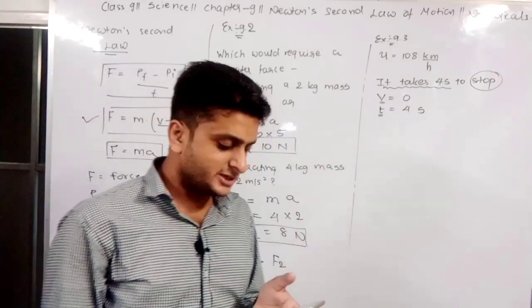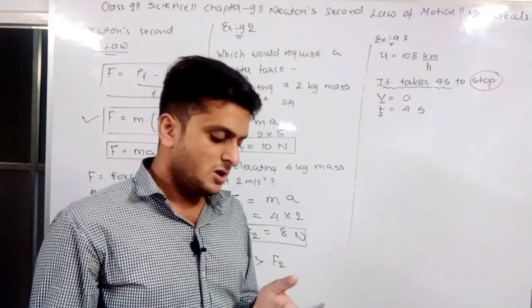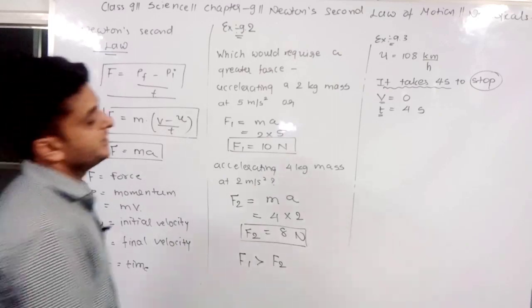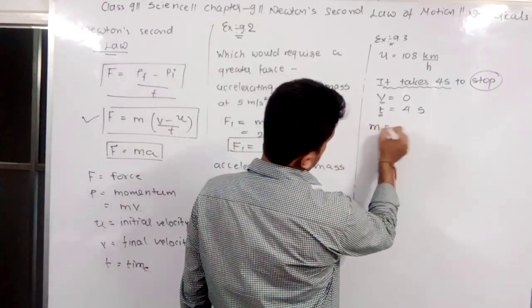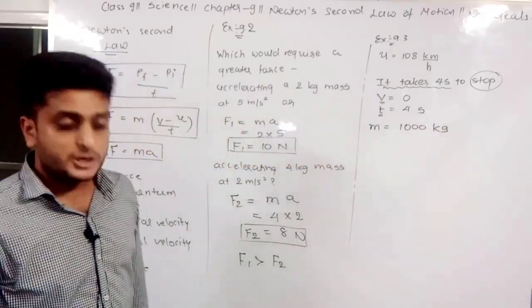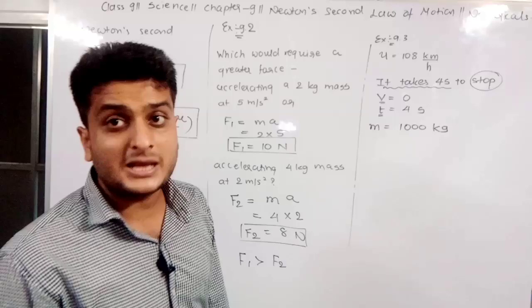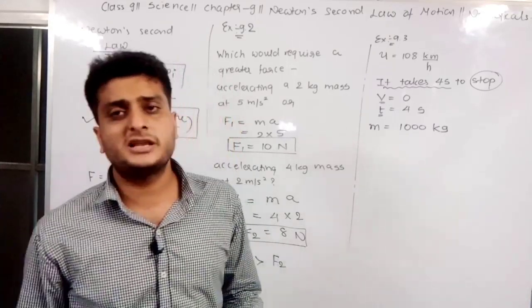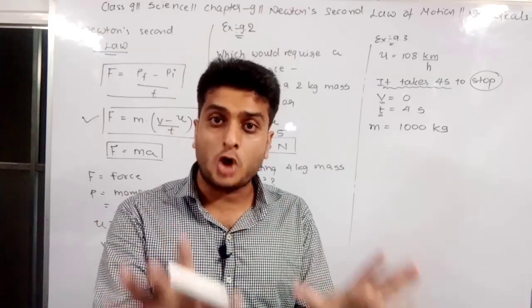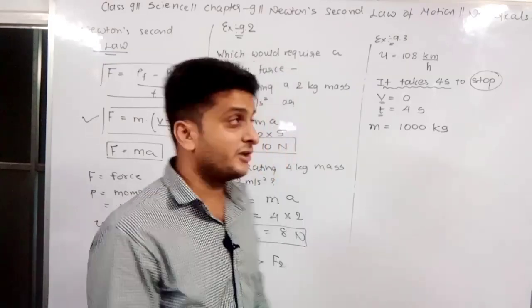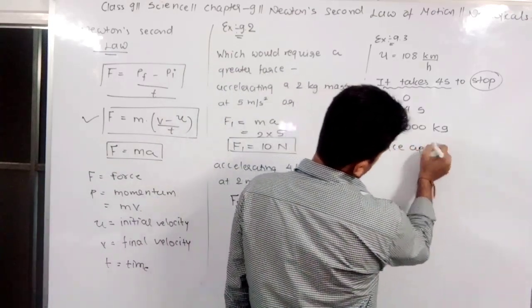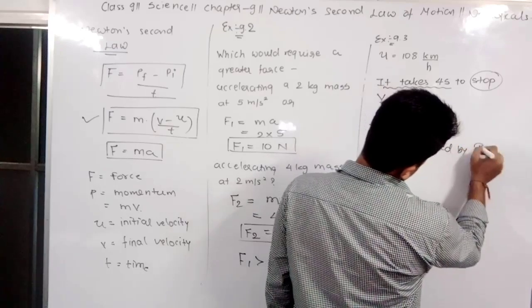calculate the force exerted by the brakes on a motor car if its mass along with the passenger is 1000 kg. You want to find the force, and the overall mass is given as 1000 kg, and you want to find what is the force applied by the brakes. Obviously, as you apply the brakes, they will apply force on the tire to stop it. So you want to find the same thing, right? That is, find the force applied by the brakes.